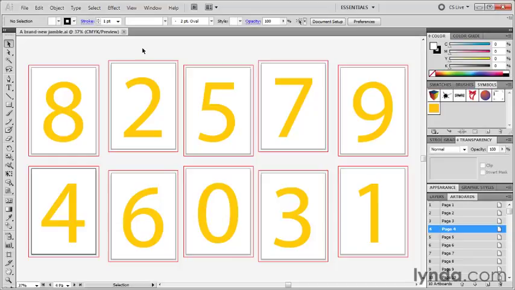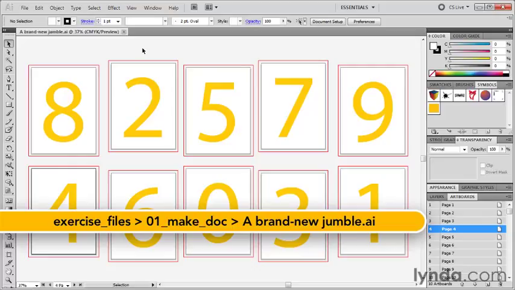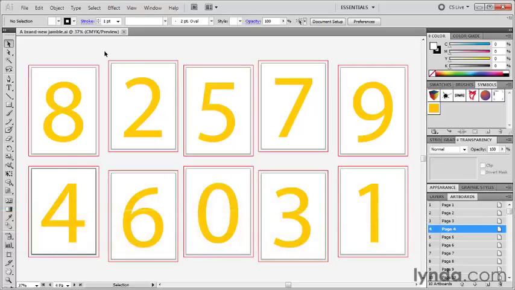In this exercise, I'm going to show you all the details associated with saving a document from Adobe Illustrator. But first, I want to show you one more terrific thing about that rearrange artboards command. I've gone ahead and created a variation on the previous illustration called a brand new jumble.ai found inside the 01 Make Doc